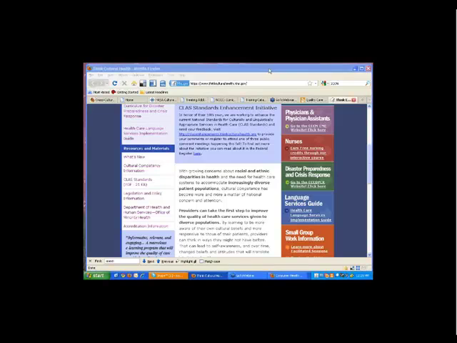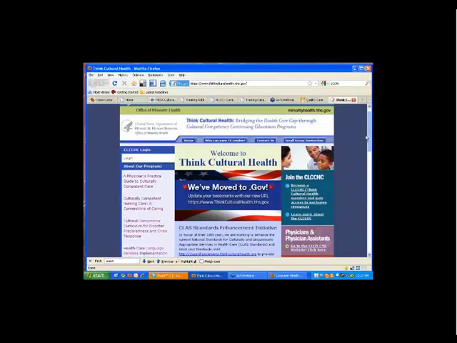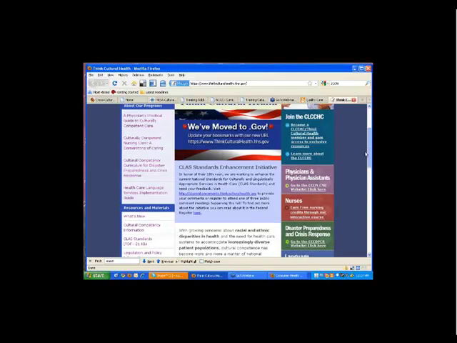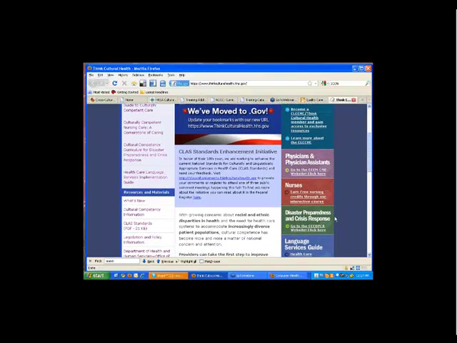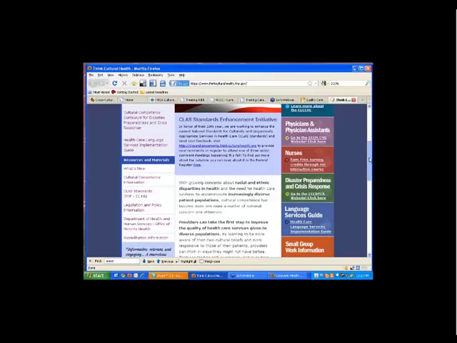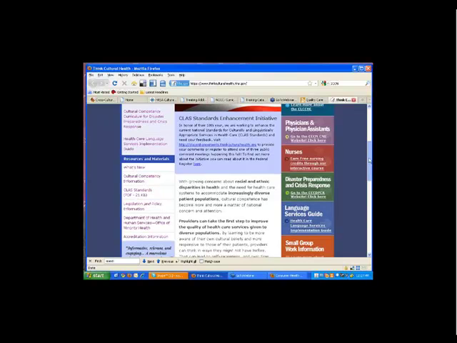If you take a look at the Think Cultural Health website, you can see along the right-hand side this list of modules: physician's assistants, nurses, disaster and crisis response, language service guide, and then the small group